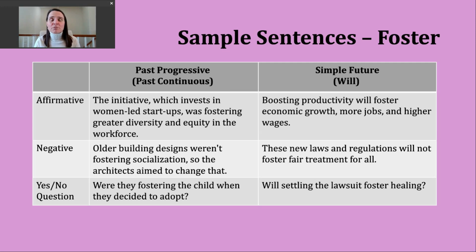To do this in the past progressive, we're going to start with the past form of be that matches our subject, and the subject comes next. Then we're going to use the ing form of the verb. Here's an example. Were they fostering the child when they decided to adopt? Now,